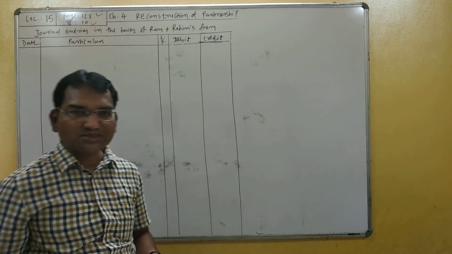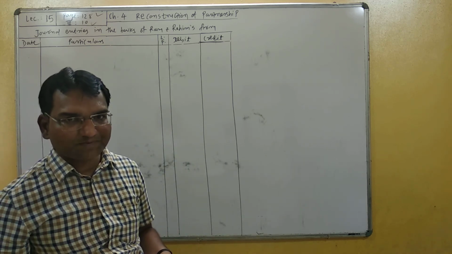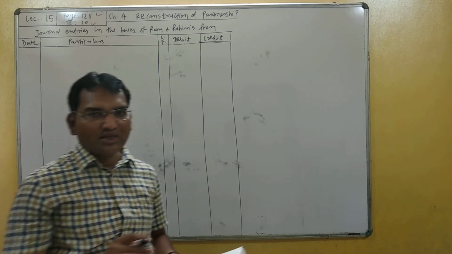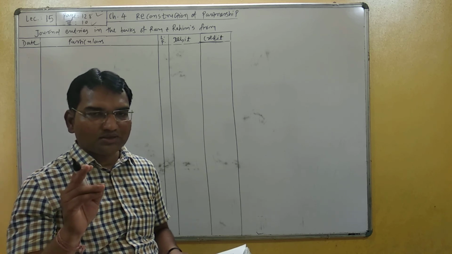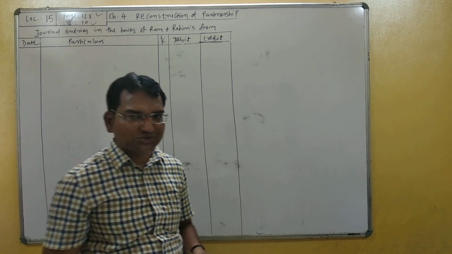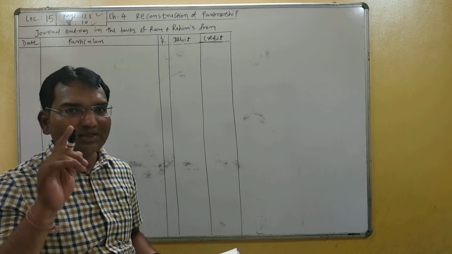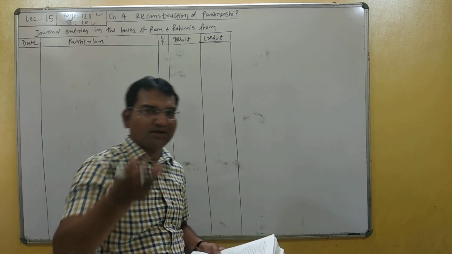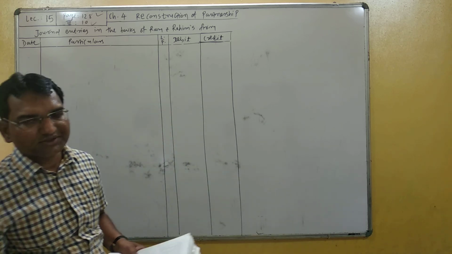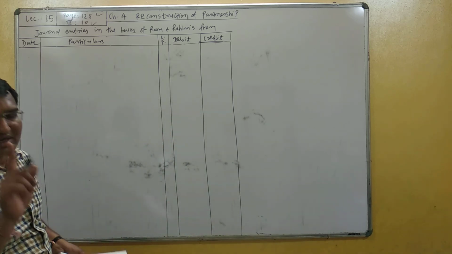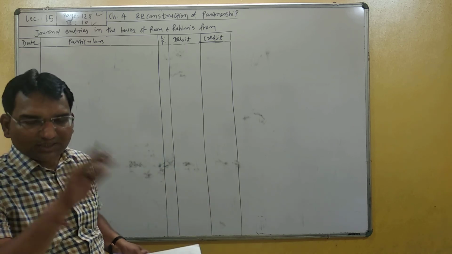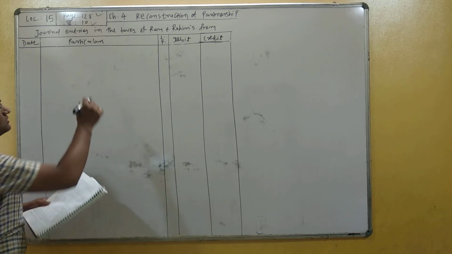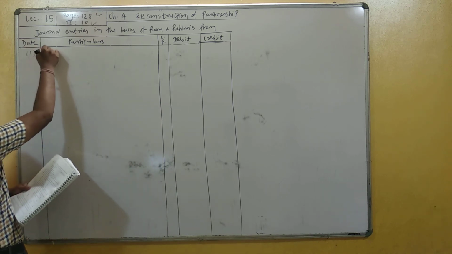Your first balance is profit and loss account debit balance. Debit balance means accumulated loss, and if the debit balance of profit and loss account is distributed between partners, then the P&L account should be credited and partners' capital accounts debited. So what is your journal entry? Ram's capital account debit, Rahim's capital account debit to profit and loss account. So this is your first entry.